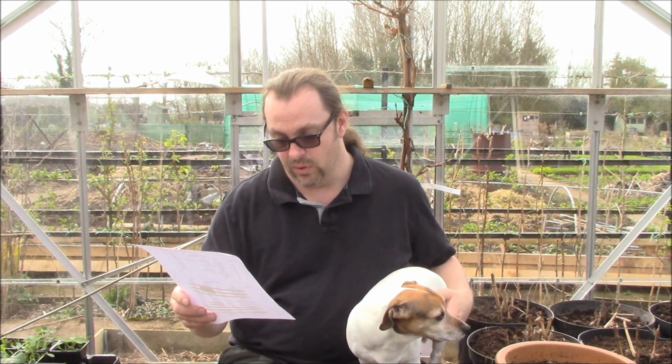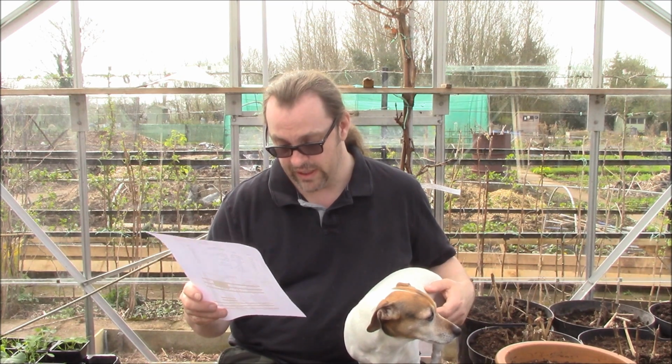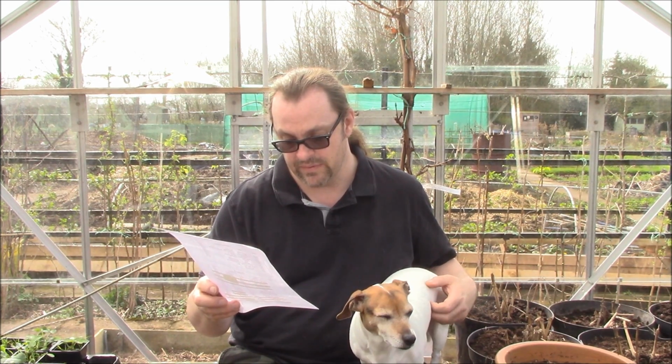Rhubarb, there was 18 kilos of rhubarb harvested last year, or at least I had. There was more than that, but that's how much I had. I gave a lot away to other people, so that's £90 worth. And onto the fruit, strawberries, we had 4 kilos. It was a bad year for strawberries last year, that's only 40 quid. Raspberries, there was 4 kilos of raspberries at £12 a kilo, so that's £48 in total. Jostaberries, we had 3 kilos, which is £12. Grapes, we had 2 kilos, which I've charged £8, and pears, we had 3 kilos, which I've put down for